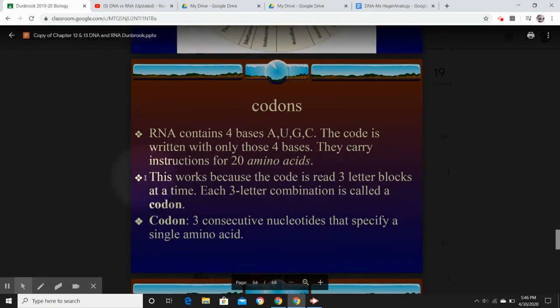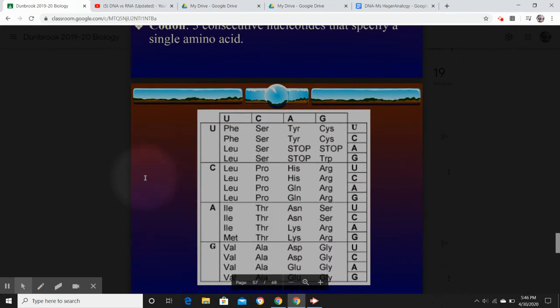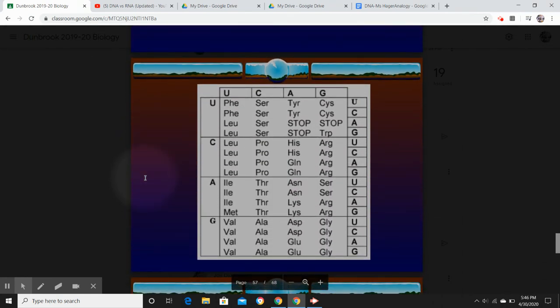You may see that in a different format like this. And don't let this scare you. This is the exact same thing that we just did. It's just a different way to organize the information. I prefer the wheel because I think it's a lot easier. But if you see one of these charts, the way you read this is the following. This is the first letter, this is the second letter, and this is the third letter. So let's say I had